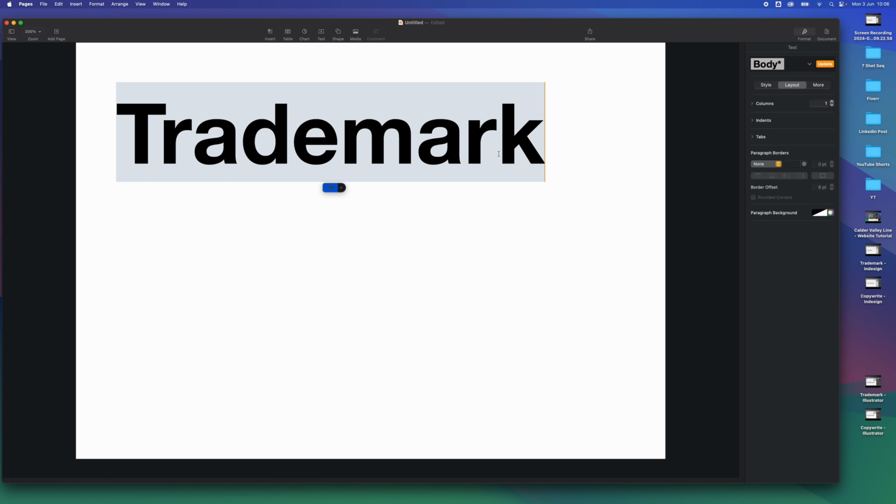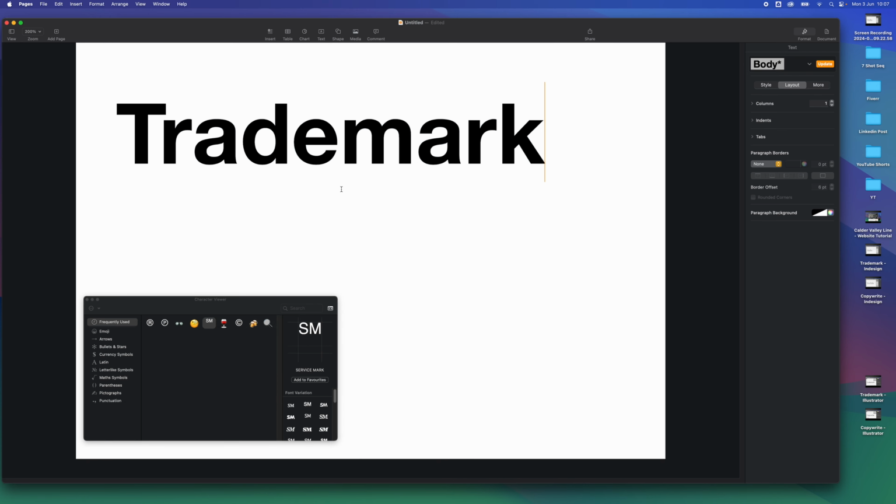It'll grey out the text, and just below the text you'll see this little drop down icon. Click on that downward arrow and it'll pop a dialog box, and in here we need to go to letter like symbols. Now I have the highlighted area where I would like to add the symbol, and then first of